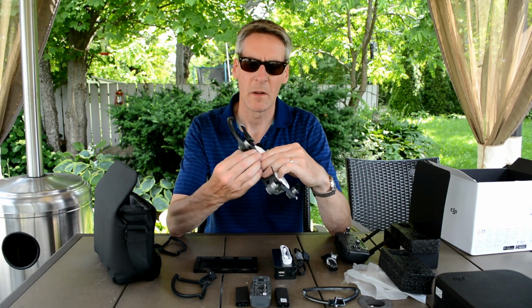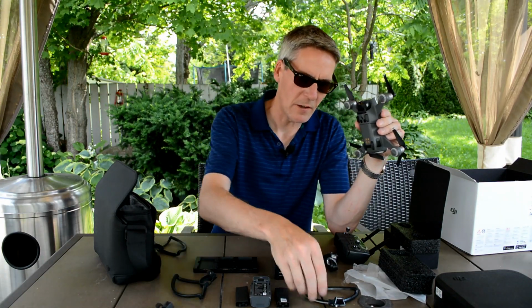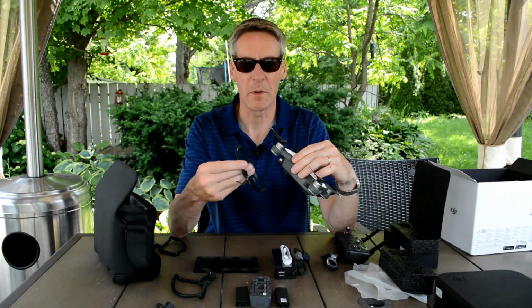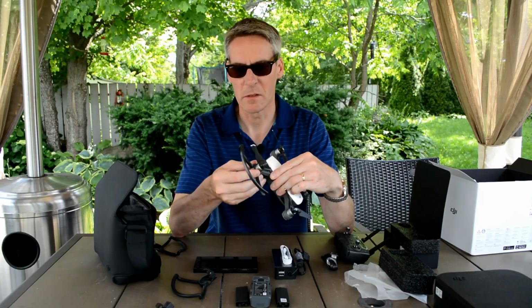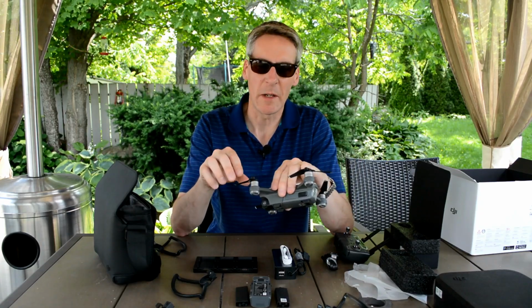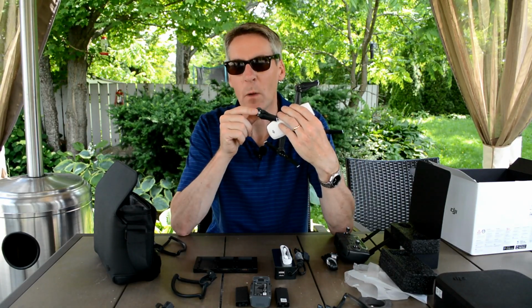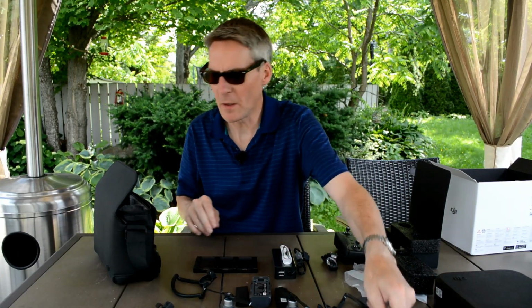Super easy. If it doesn't go on super easy like that, it means you're trying to put the wrong prop guard on the wrong arm. So if we try to put this one on here, it's like, no, that's not going to work. So match both the propellers and the propeller guard to the right motor, and that's indicated by either having a white circle or not having a white circle. So we've got 4 prop guards,